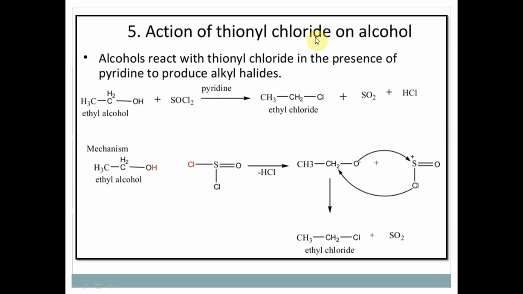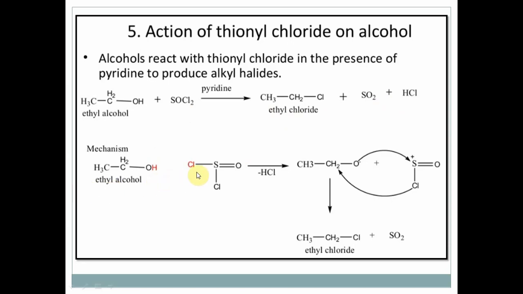Action of thionyl chloride on alcohol. Alcohol reacts with thionyl chloride in the presence of pyridine to produce alkyl halide. Ethyl alcohol reacts with SOCl2 and gives ethyl chloride plus SO2 and HCl. As far as the mechanism is concerned,